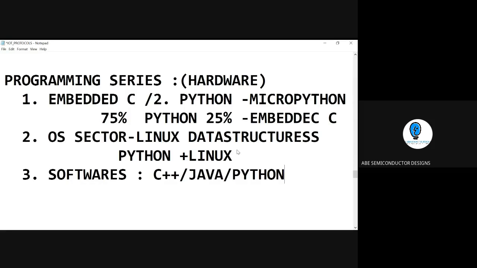These three are utilized for making networks and building the logic. When you work only with the software sector, you can use C++, Java, and Python. And when you want to work in the hardware sector, you can utilize these two combinations: Python plus Linux, and C plus Linux. So these are the things being utilized.